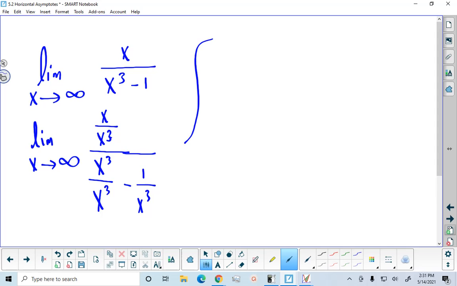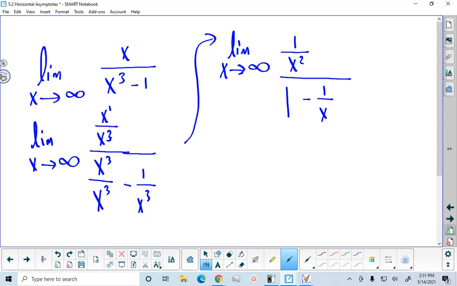We simplify this, and the top of the expression becomes 1 over x squared. I can cancel an x with an x in the x cubed. The bottom is 1 minus 1 over x cubed, but